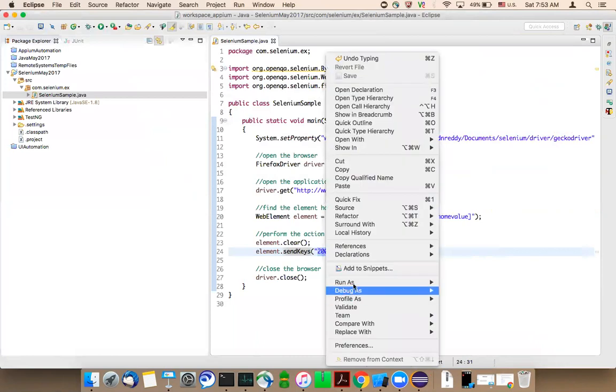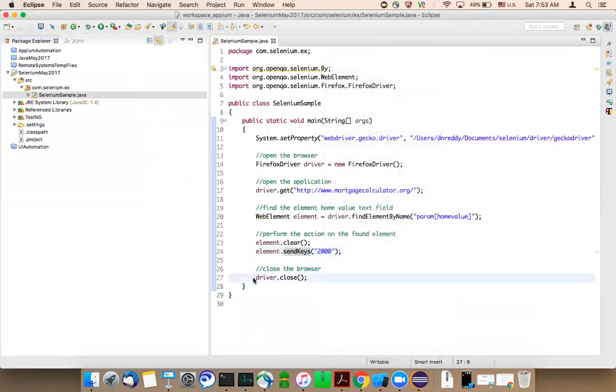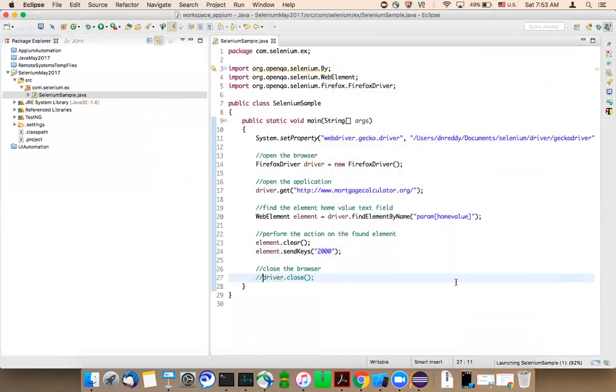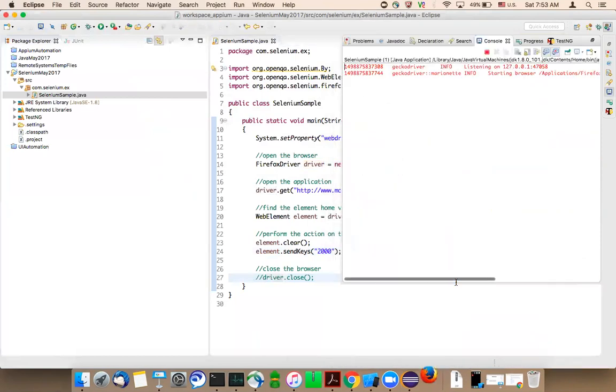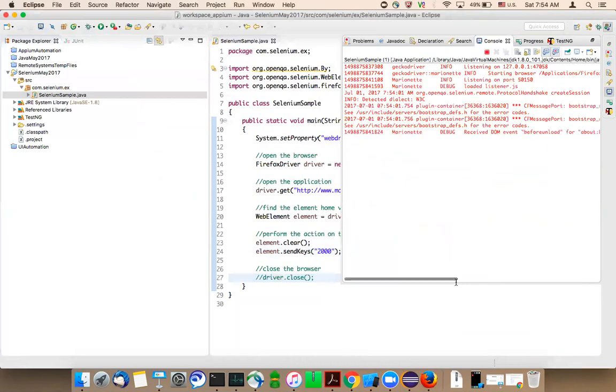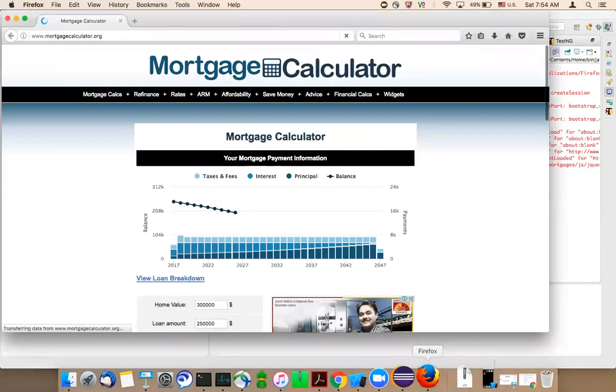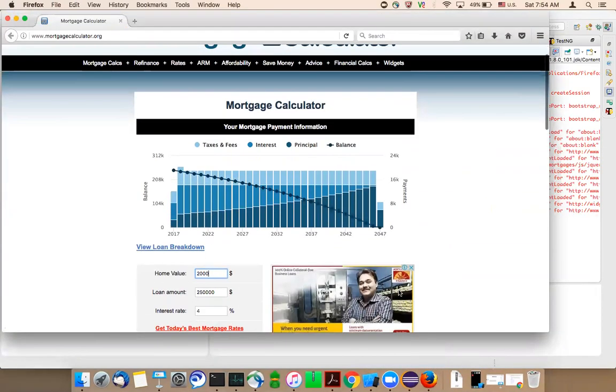If you want, I'll run it once again, but let's not close it so that you can clearly see whether it is entering or not. You can see that it entered 2000.